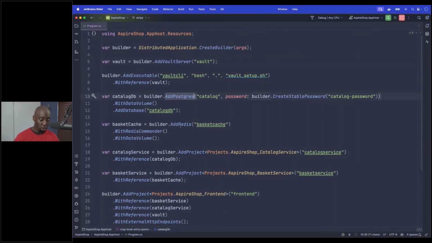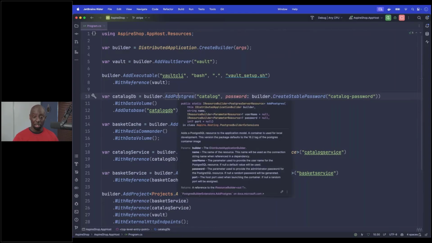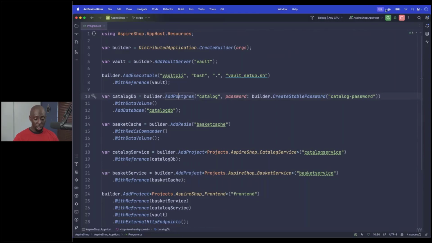There's also a Postgres database, and there's also a Redis database. Now, the support for Postgres and Redis, like I showed you in the previous slide, comes not out of the box, but as a part of that supported components list. So I can download a NuGet package, and I could say add Redis. I could say add Postgres. But when I run them, they're going to end up running as containers.